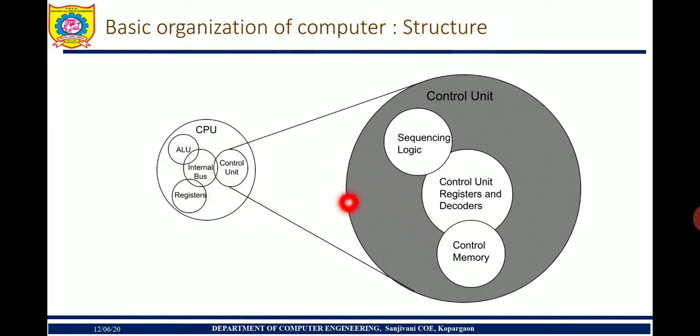So in this control unit, sequential logic is there, which understands and resolves any sequential logic. Then in the control unit, registers are there, which are used to store some temporary data, and decoders are there, which understand the instruction and decode its meaning. Control memory is there, which has some control commands already in it, or it can store some more commands for further execution. Okay, so this is there in this control unit.